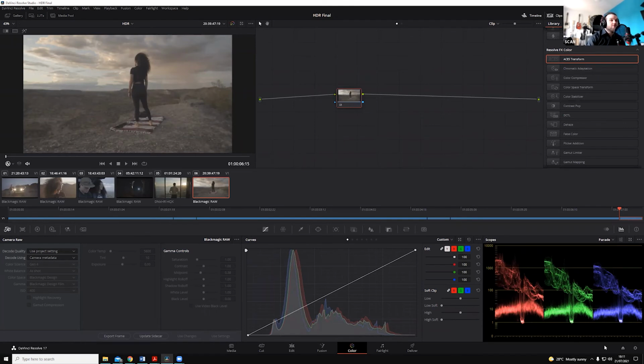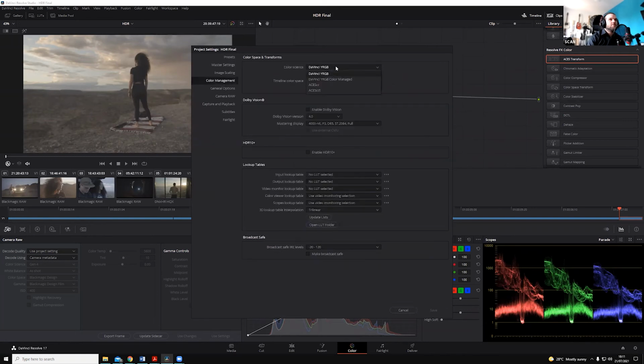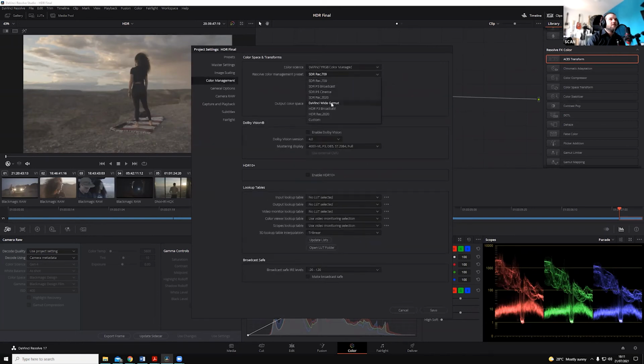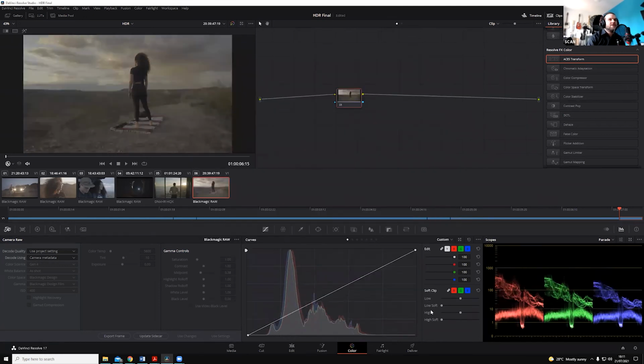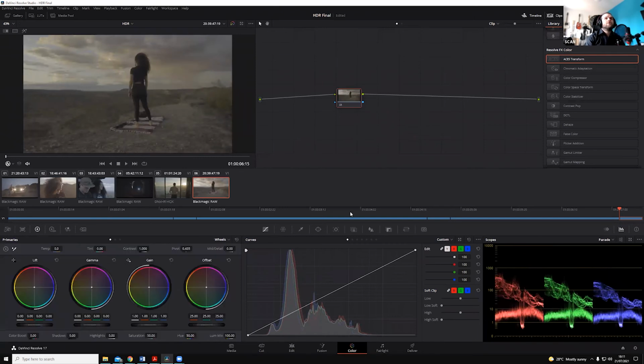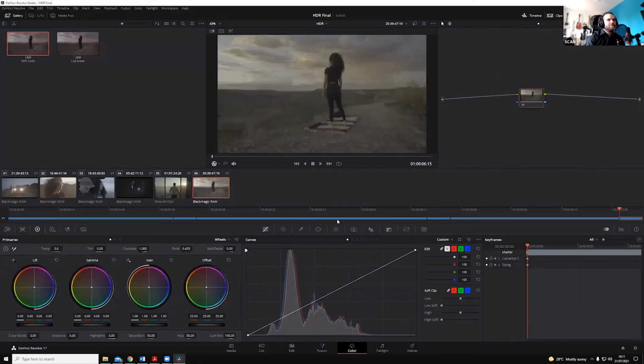First thing I'm going to do, before I do any of this, is jump back into color management. I came out of the color managed mode whilst I was demonstrating things, but now I'm jumping back in. Let me reset my user interface as well while I'm at it. There we go. The way that you grade HDR content doesn't differ massively from grading SDR content,